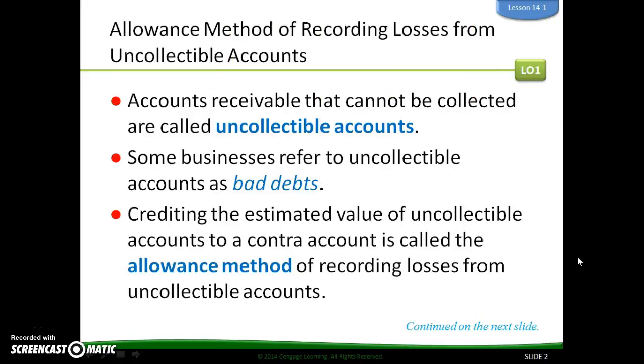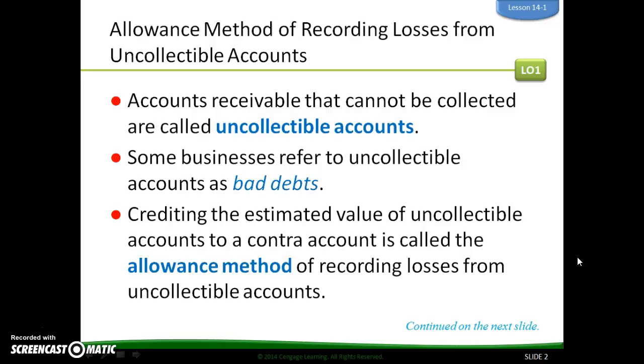All right, first, the allowance method of recording losses from uncollectible accounts. Accounts receivable that we simply cannot collect the money from an individual or a business is called an uncollectible account. And sometimes businesses call this bad debt. And we just realize that we're not ever going to be able to collect the money. So rather than spending any more of the business's valuable time, they write off the debt. And then going forward, they don't allow those individuals or those businesses to borrow on credit again. They just make them always pay for any materials or supplies that they would be trying to get from the